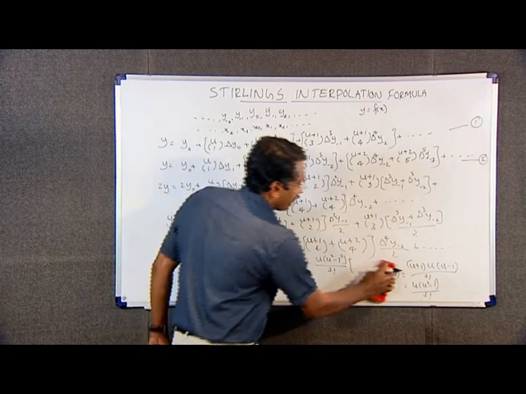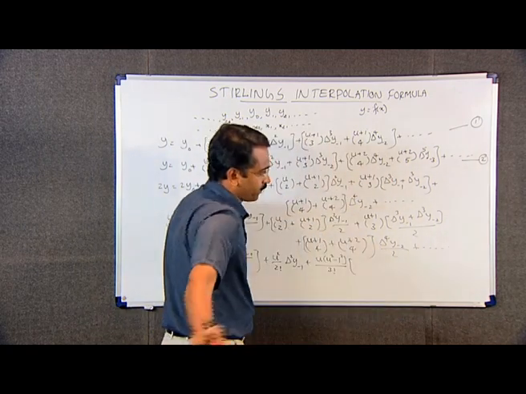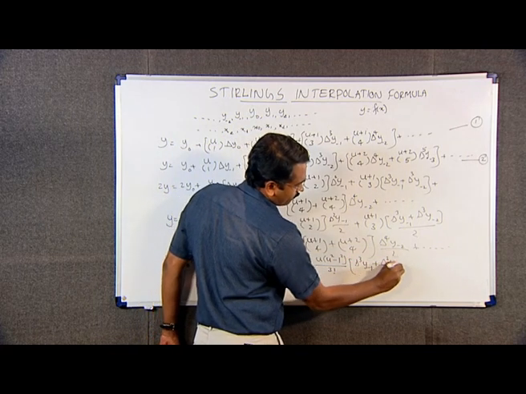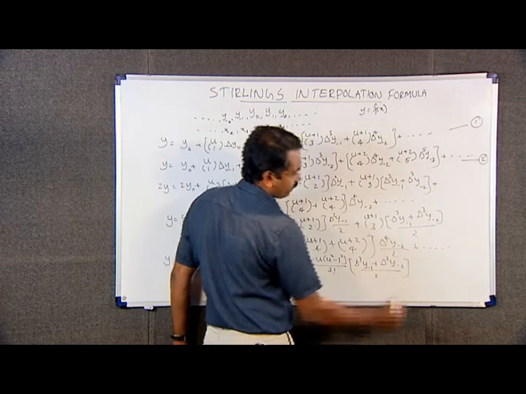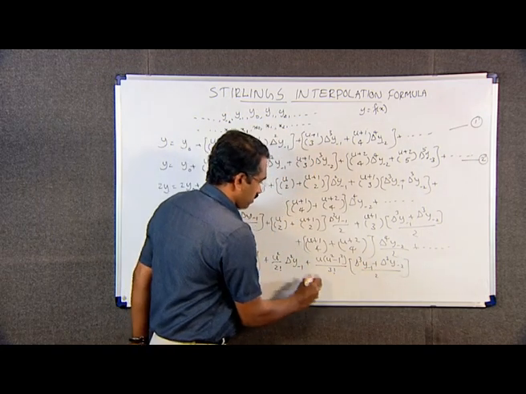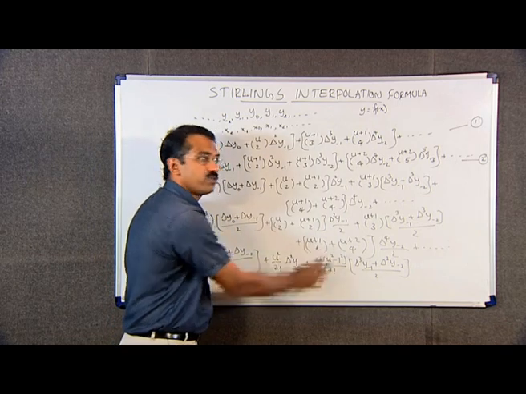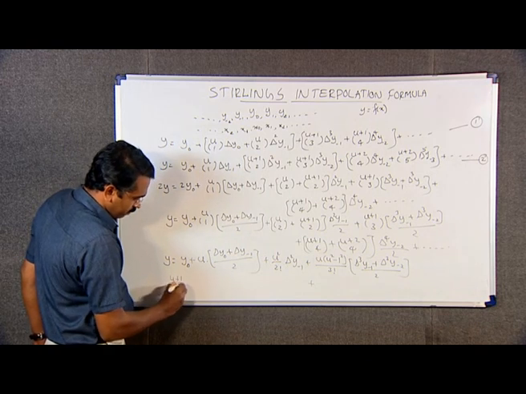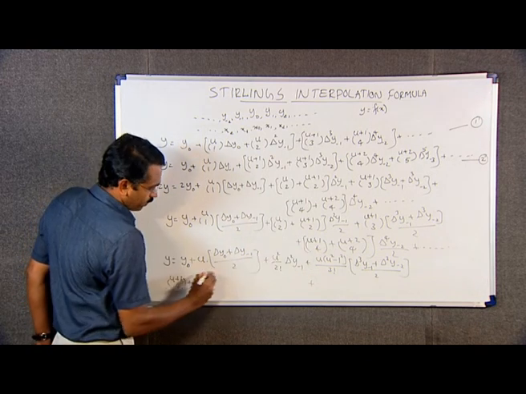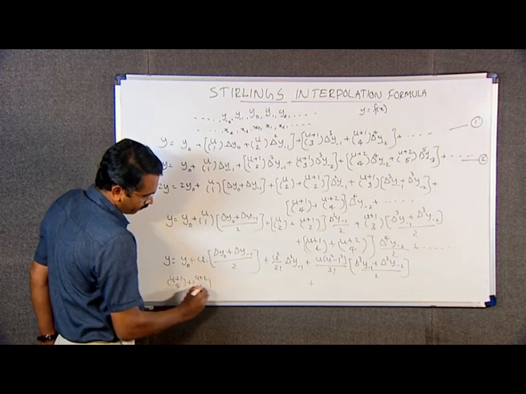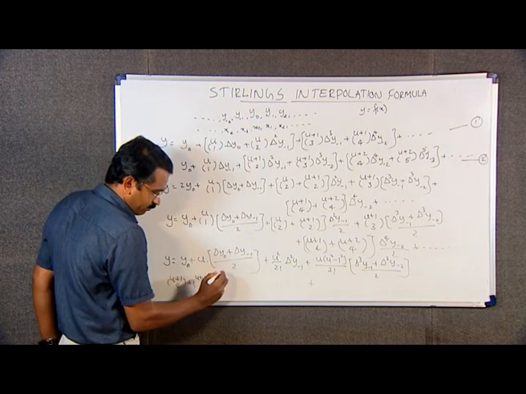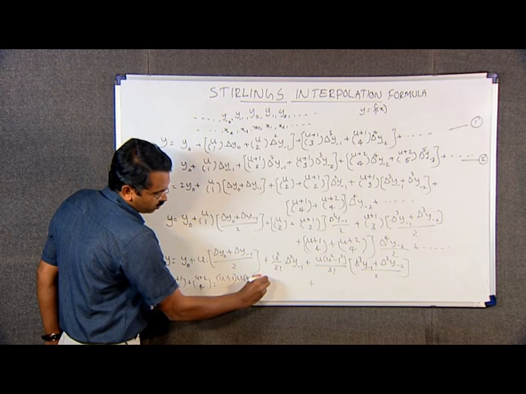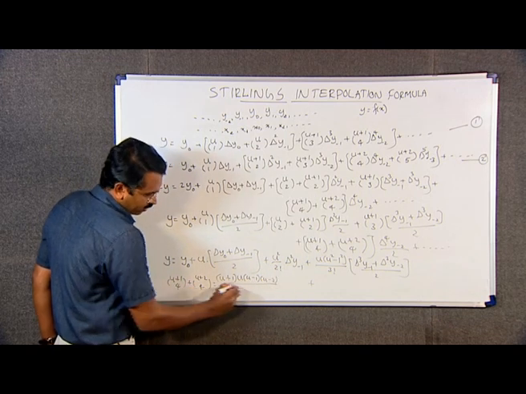y minus 1 plus delta cube y minus 2, divided by 2, plus this term can be written as (u plus 1)C4 plus (u plus 2)C4, which is equal to (u plus 1)C4, meaning (u plus 1) into (u minus 1) into (u minus 2) divided by 4 factorial,